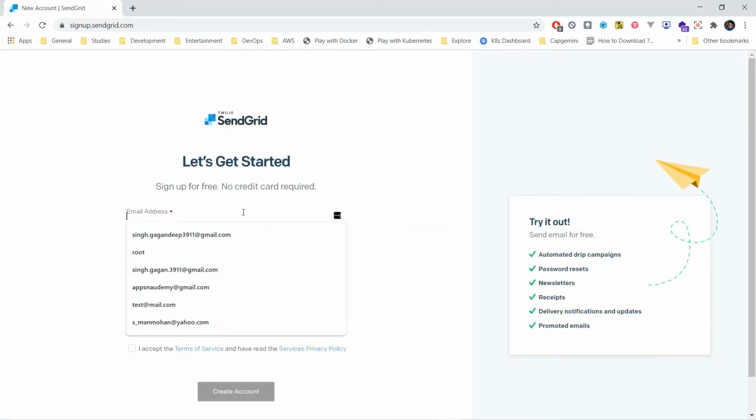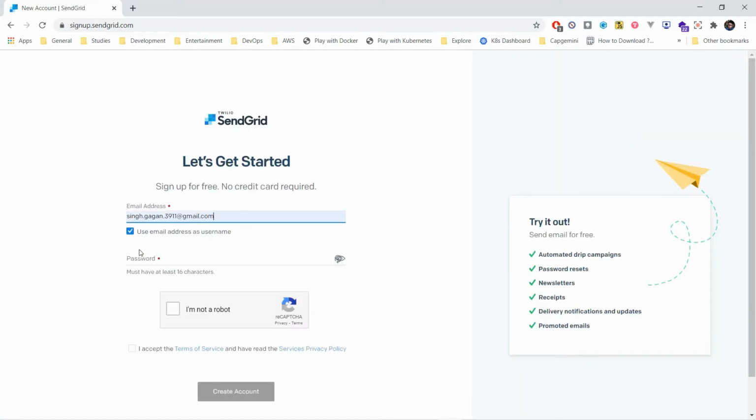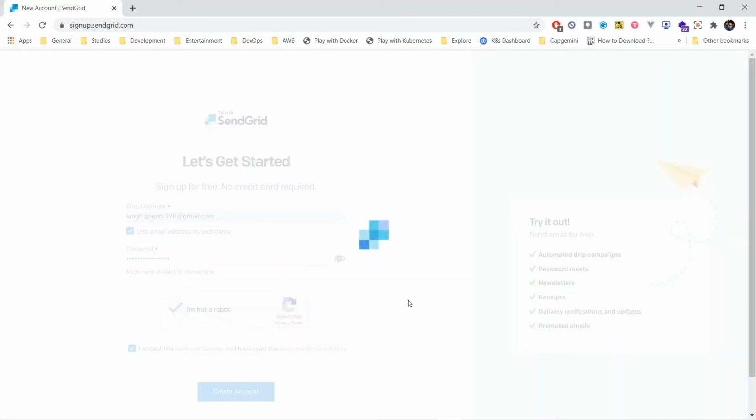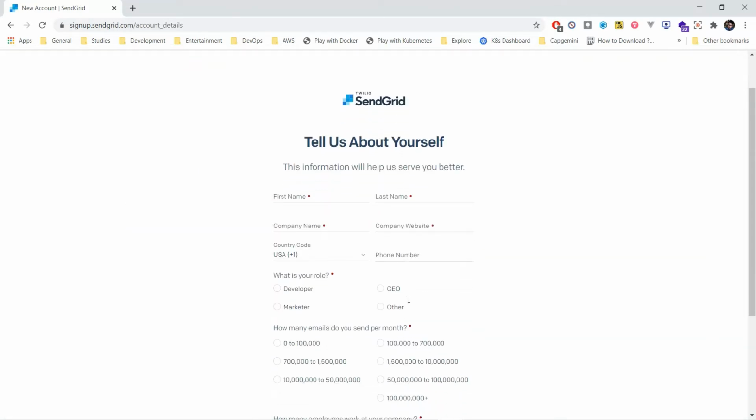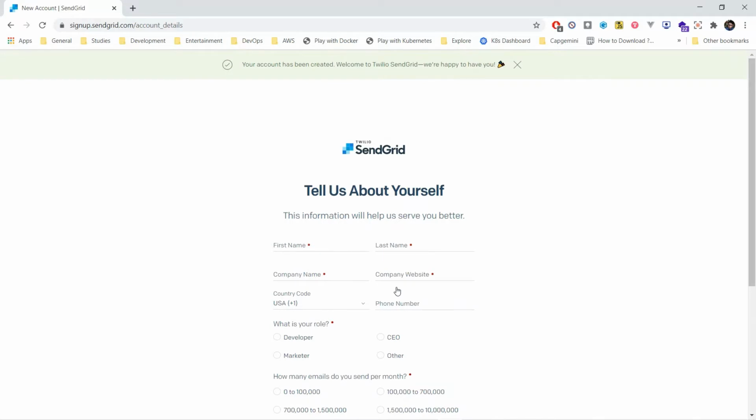For registration, you require an email and password. Enter the remaining necessary details.